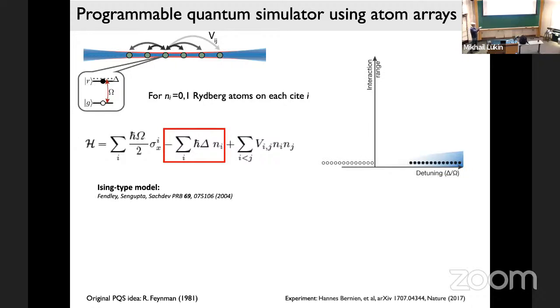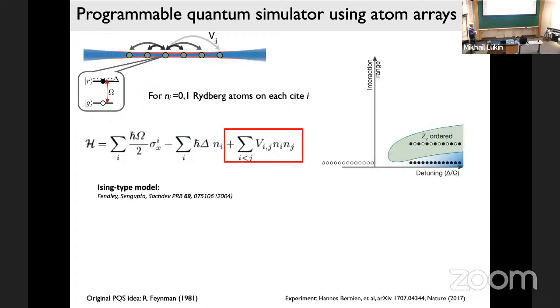But of course, a state like this is not compatible with Rydberg blockade. So for example, if just the nearest neighbor is blockaded, then you will not be able to excite nearest neighbors, so you will excite every other atom. That means that the ground state for this positive detuning will be a state up, down, up, down, up, down. This is a state which has antiferromagnetic order. It's the so-called